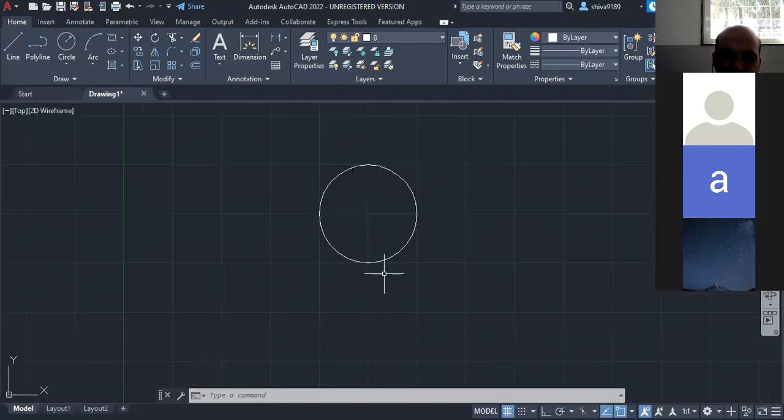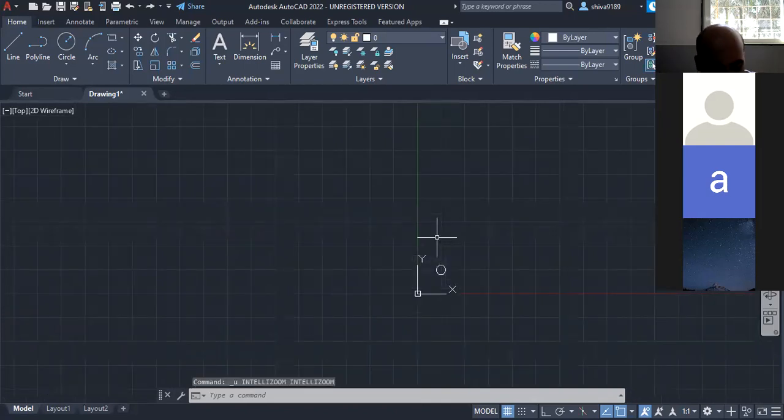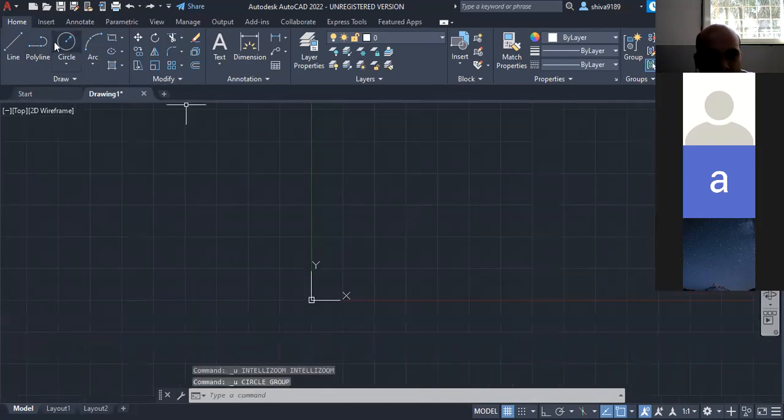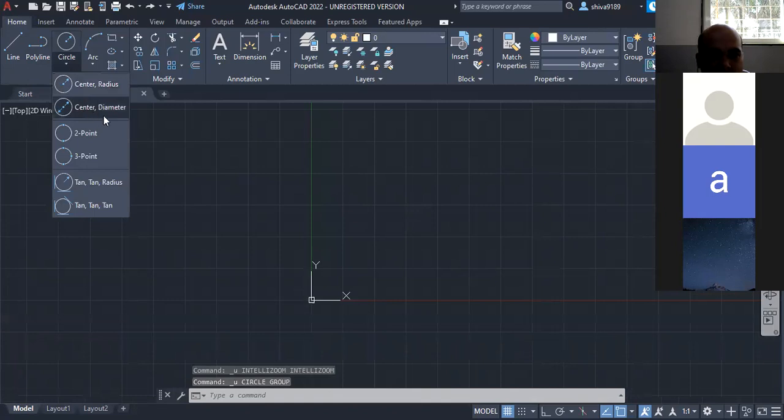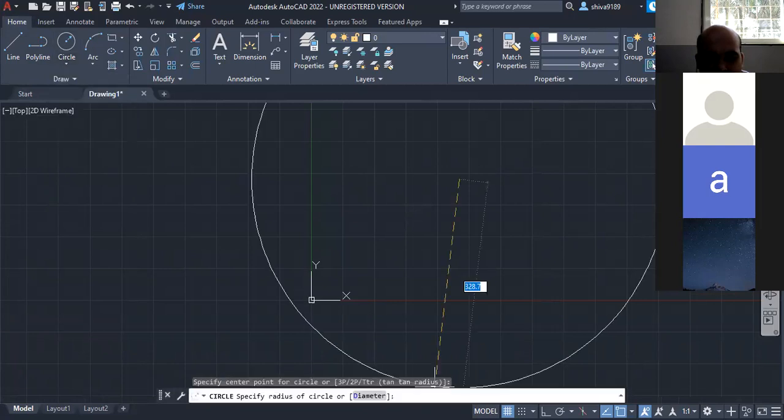Now suppose that I don't want to make a circle of radius. I want to make a circle of a diameter. Okay, so just have a look at how it is done. Let's go to the same again. The circle command, you can go from here, and at the same time from here also. Radius selected. Now we have to select the center. I've selected the center.